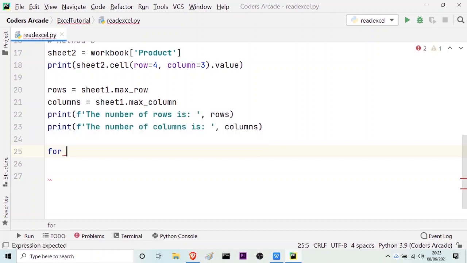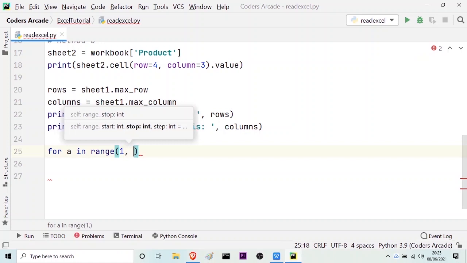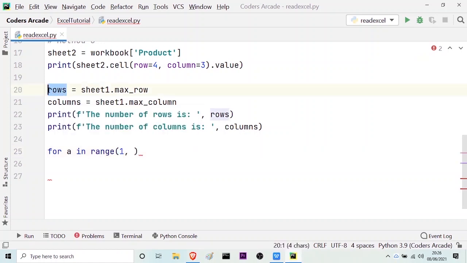For, let me take the loop variable to be say a in, so I have to take the range. As we saw that the row numbers start from 1 to 4, so we can take 1, then comma, and here this is the number of rows and this is the number of columns. So what I will do is I will take rows,